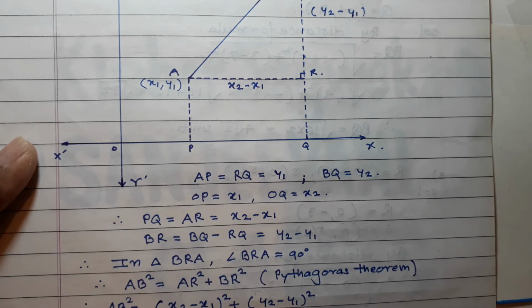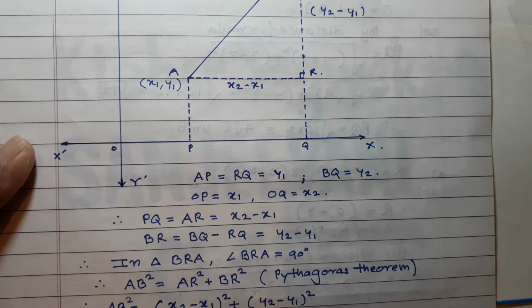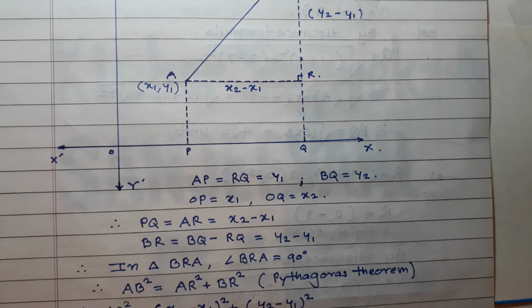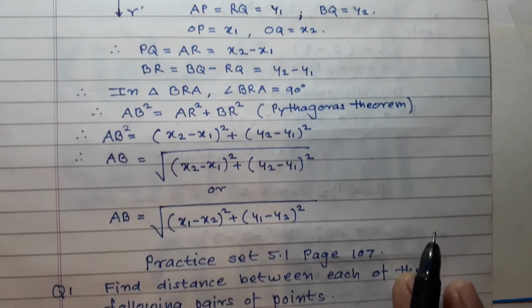Now in this case you remember the word sequence. Here x2, just start from x2, then here also start from y2. You can write in this way also. AB is equal to under root (x1 minus x2) square plus (y1 minus y2) square. If you start with x1, then start with y1. Okay. Now this is the formula known as distance formula. Now then you try to understand some examples from the practice set